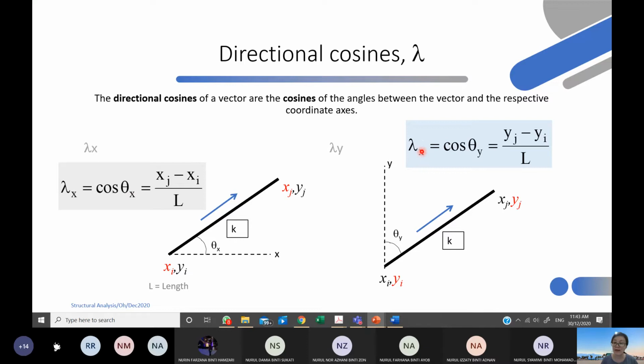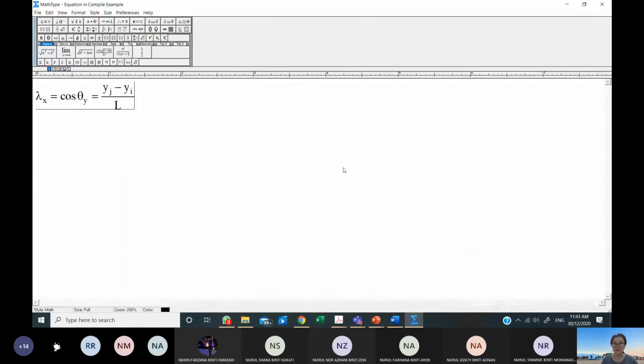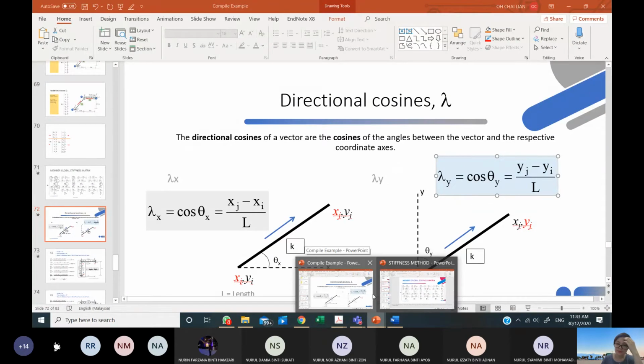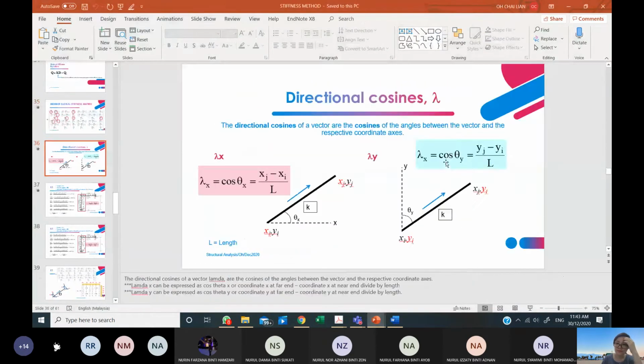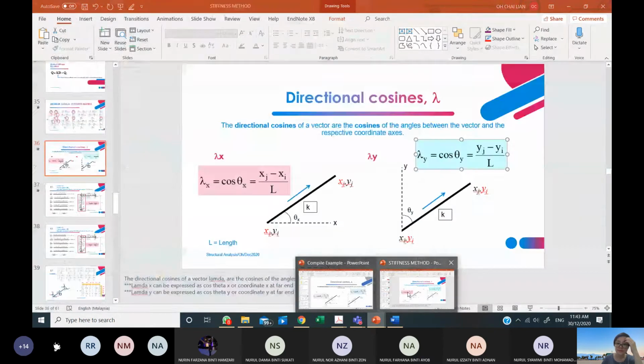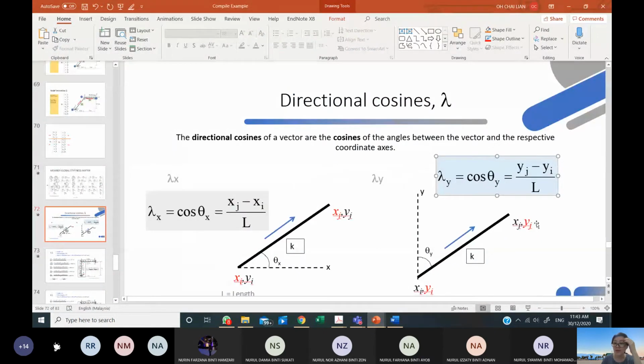For lambda y, we use the y coordinate at j minus the y coordinate at i, divided by the length. So maybe we can try this for our element 1 and 2. Now what you can do is